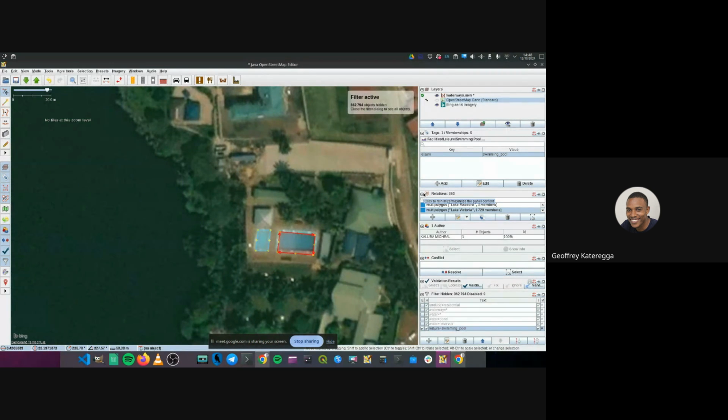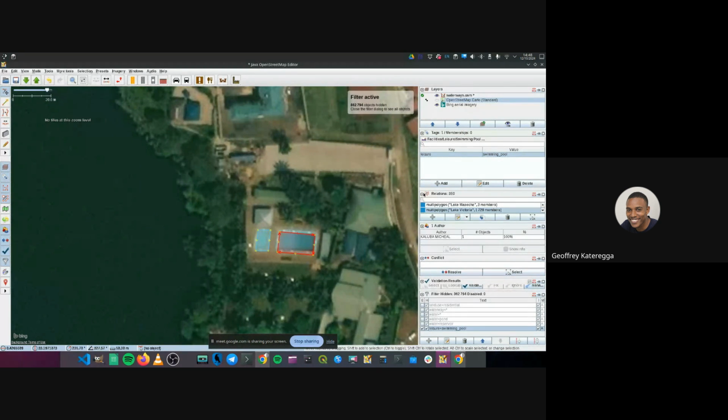And if I select this, I can see the tags. So as you can see, someone has tagged this already as leisure swimming pool. But yeah, maybe the access tags could be added. So these are additional tags, especially if it is a public pool, it would be good to specify whether it is publicly accessible, whether there are fees charged, what is the deep end, like what's the maximum depth, what's the minimum depth, is there a lifeguard or no lifeguard? So those useful additional tags can be added to make the data actually more useful.